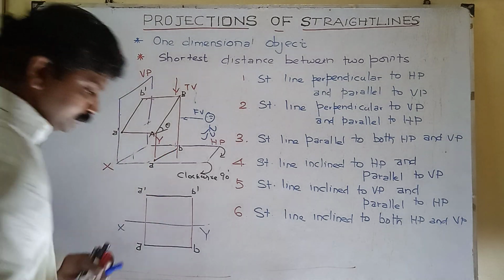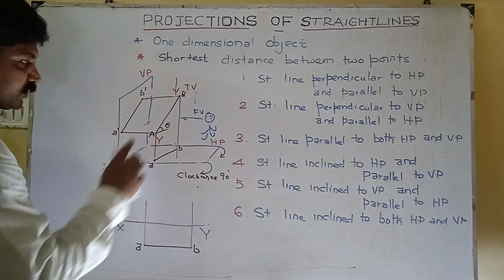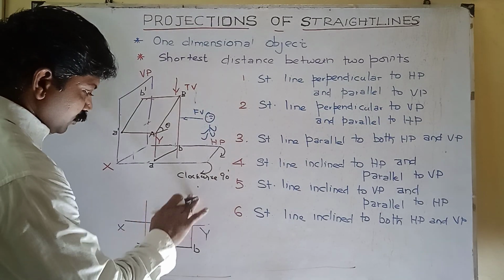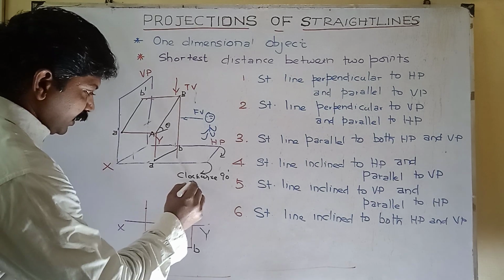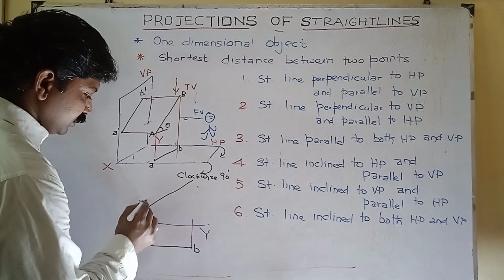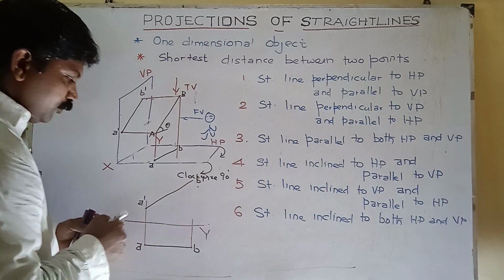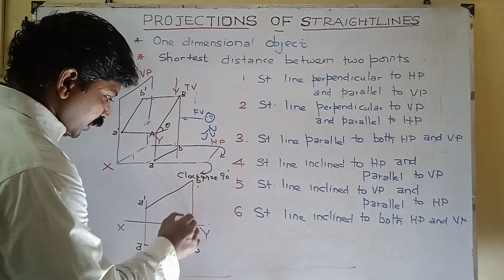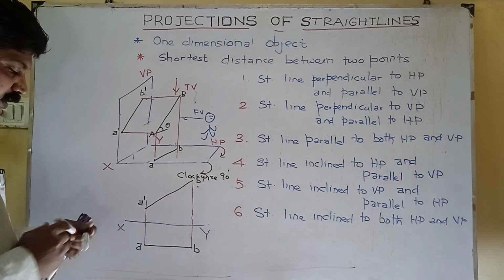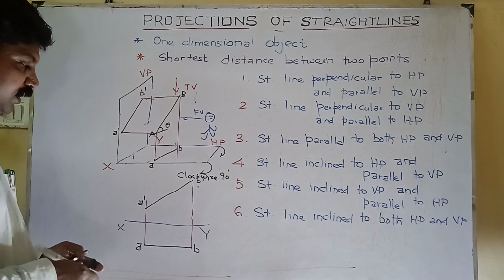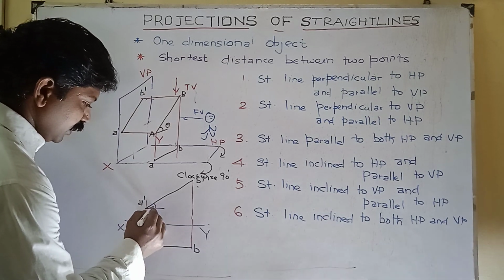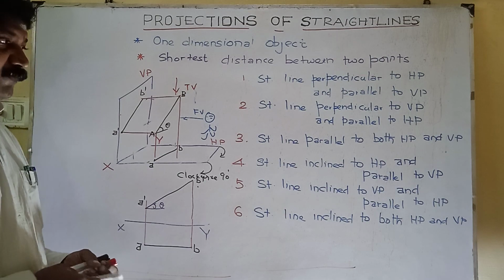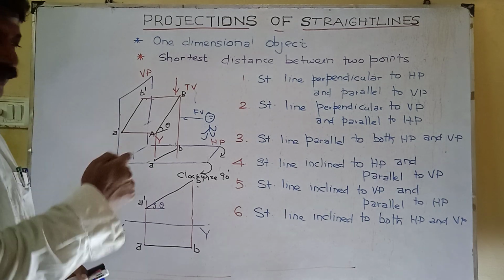The resultant diagram is, after the projection, rotate the horizontal plane clockwise 90 degree. So the resultant diagram is the front view as an inclined line, but equal to true length, a dash b dash. But top view as a straight line, but not equal to true length, AB. Okay, the inclination with HP is always mentioned by the symbol theta. It is the fourth position of the standard position of straight line.